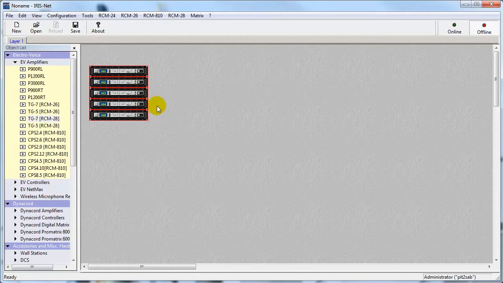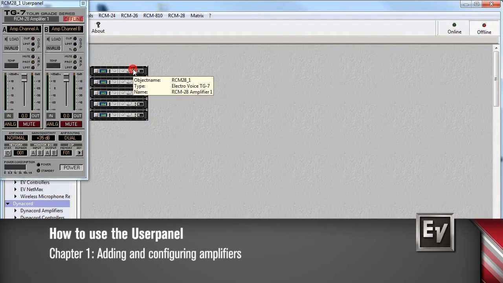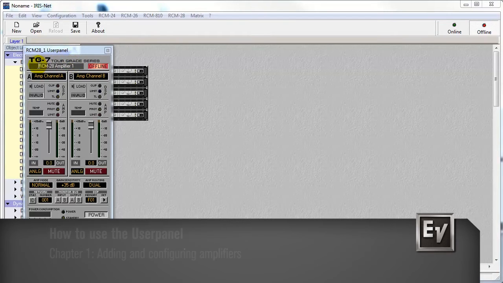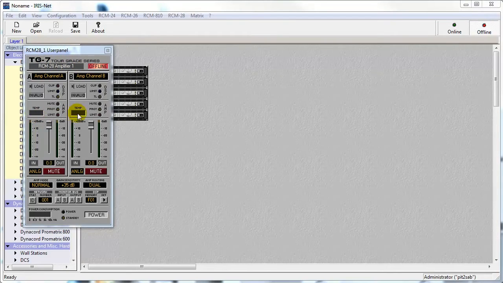From these, we will later use 1 amplifier for high, 1 amplifier for mid, 1 amplifier for low, 2 amplifiers for subs. With a double click on the amplifier bitmap, the so-called user panel opens. This panel gives quick access to the most important amplifier parameters like name, temperature, power, and some basic control functions like level and mute. In the right lower corner, a button with an arrow symbol can be found, which is